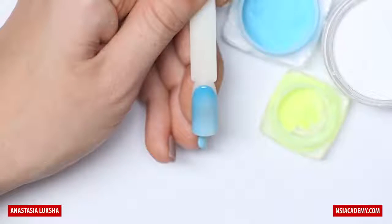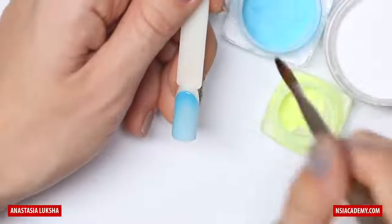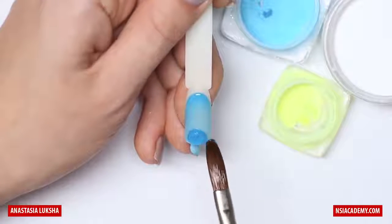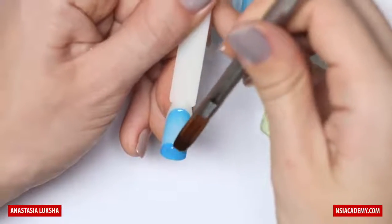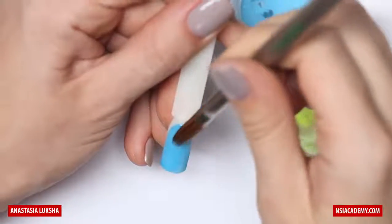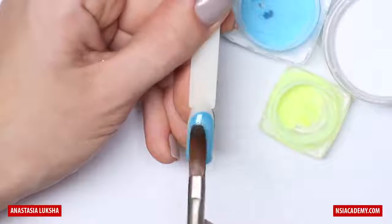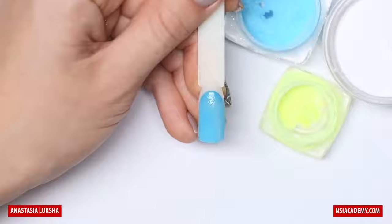And now I want to get the nice color on the area of the free edge also, so I take another bead, place it right on the free edge, turn my brush upside down and stretch it towards the cuticle now. When you're working on the nails like this, make sure that your background is really thin, because we don't want to create thick nails,